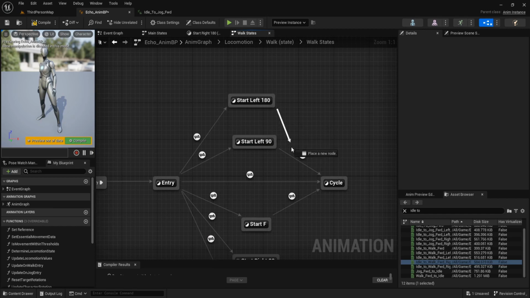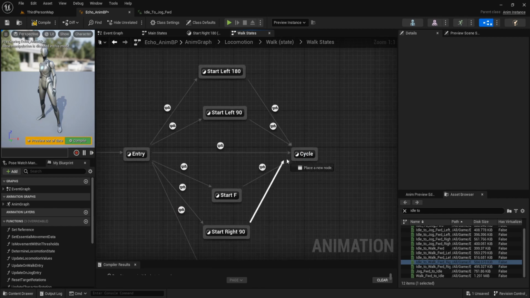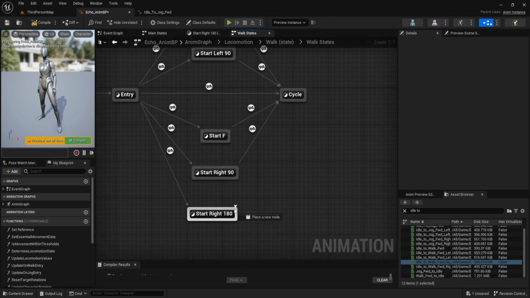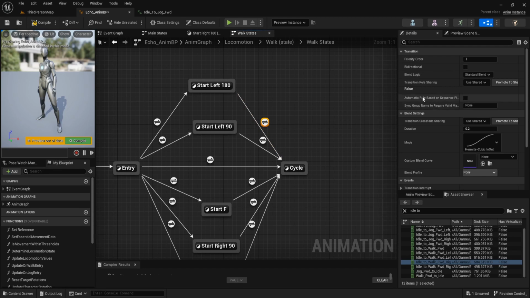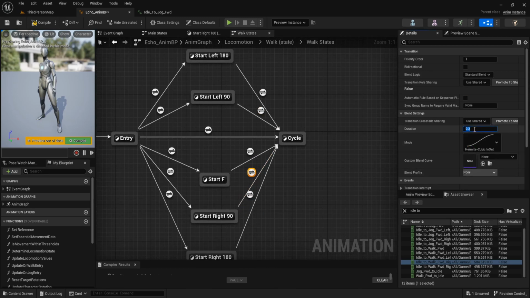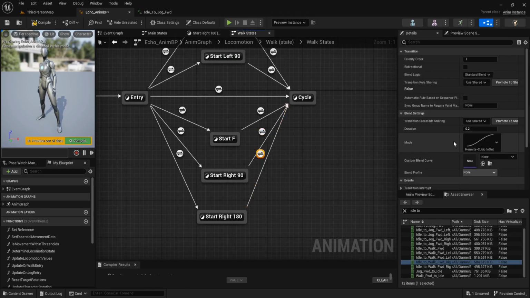Then transition to the cycle walk animation. Set this automatic rule based on sequence player, and the duration is 0.5 for all of this transition. 0.5, automatic rule based on sequence player.